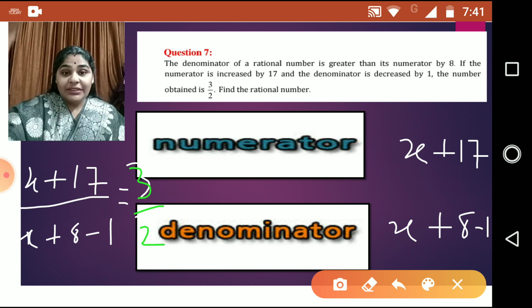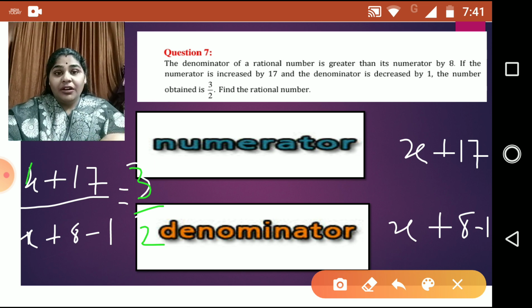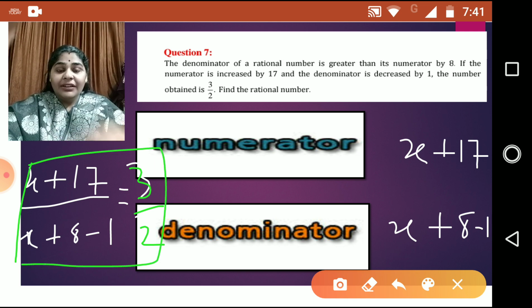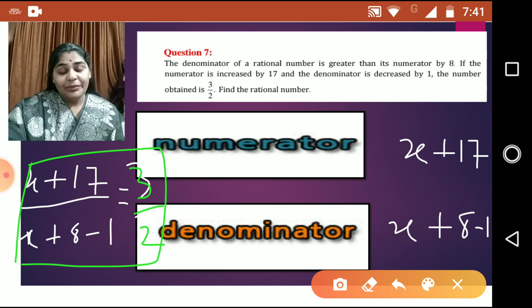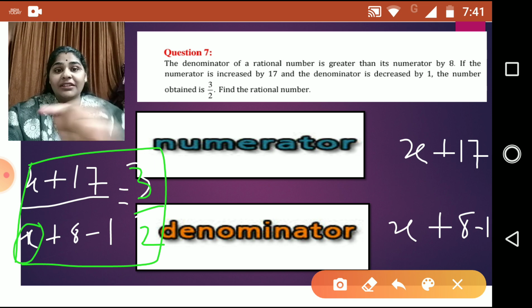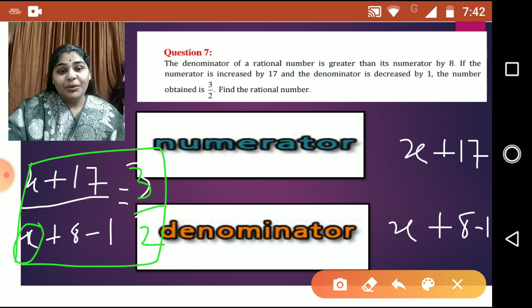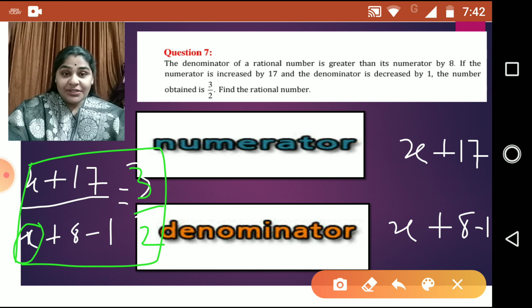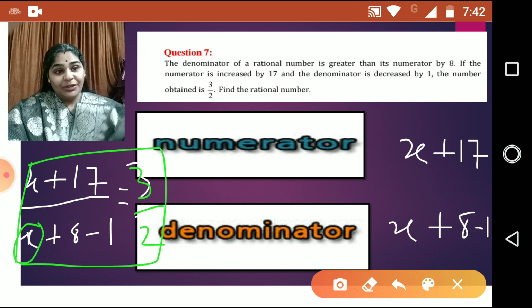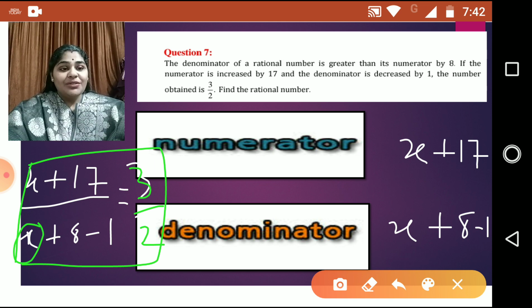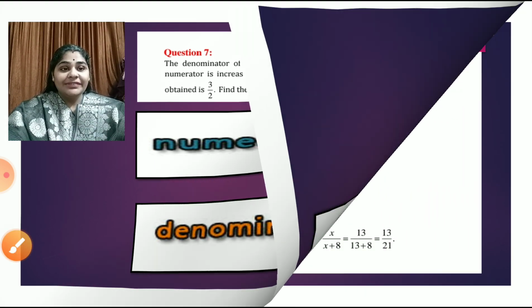So this is how we have formed our equation. Obviously it is not linear because in the denominator you can see here we have x. Now what we will do is we are going to transpose the denominators, right? And as usual, how we solve, like that we are going to solve, children. So let us start with our answer.